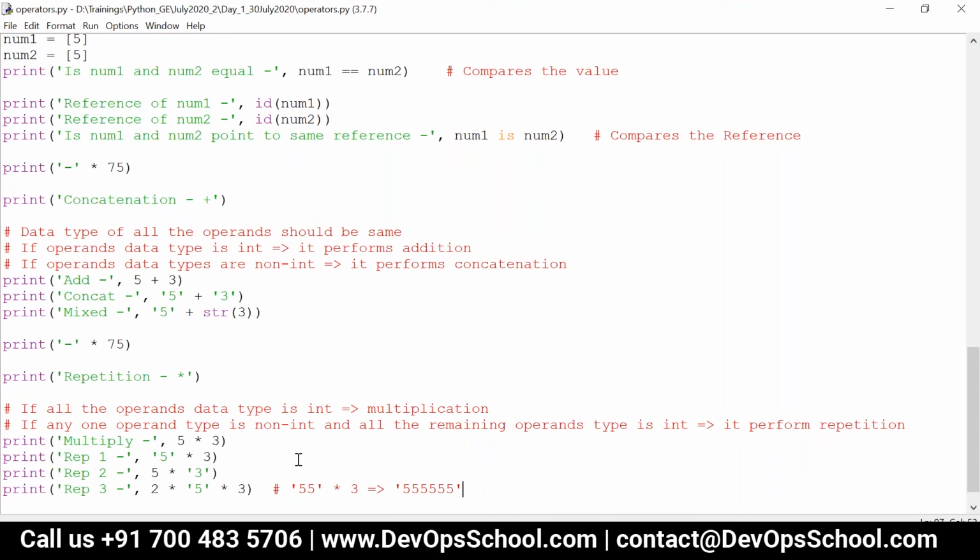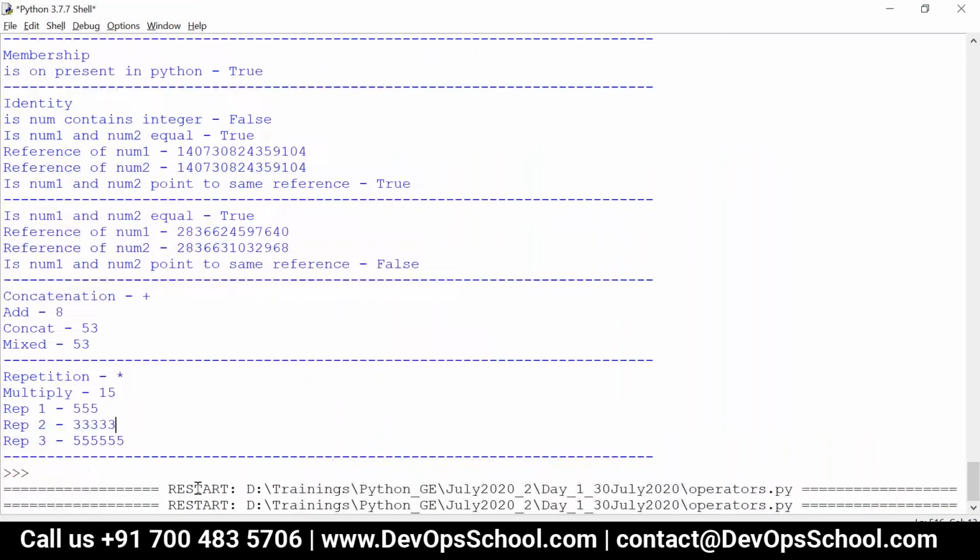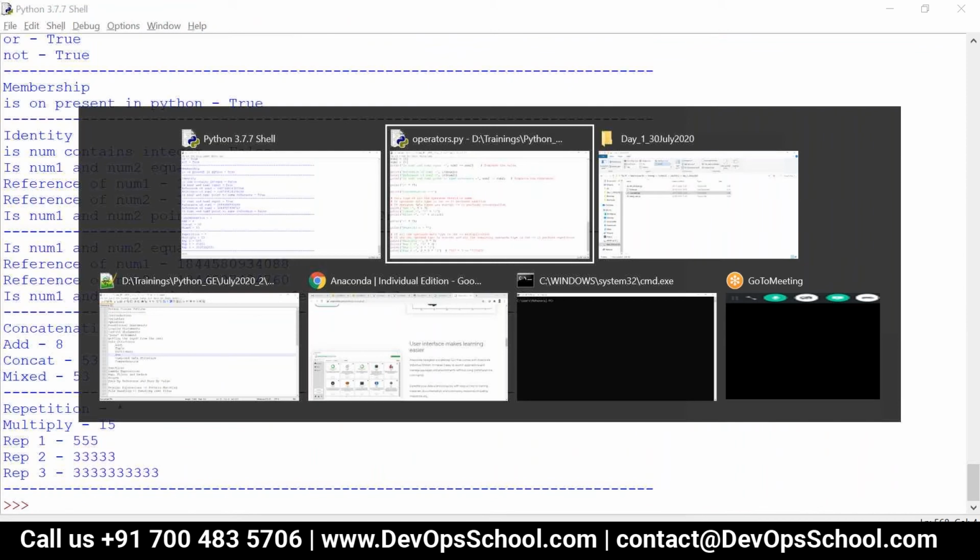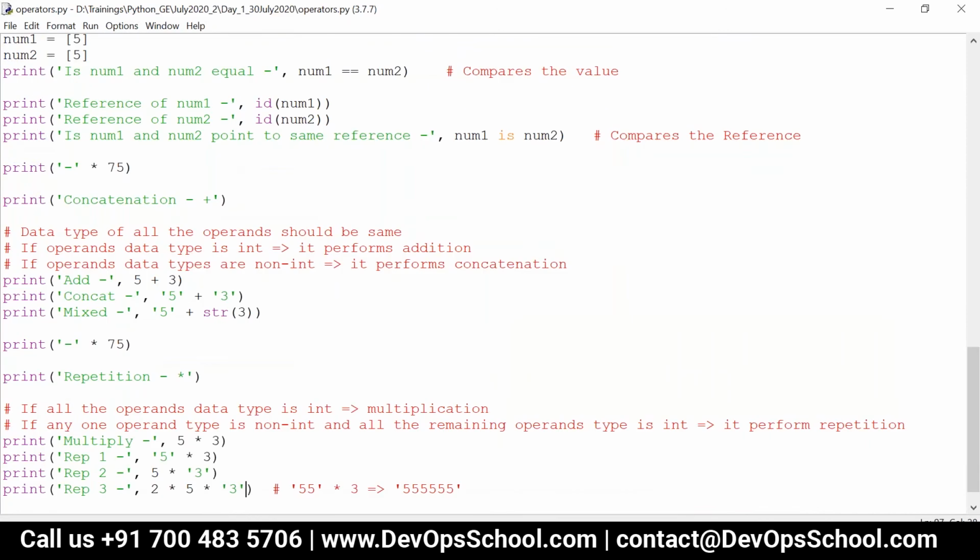For example, instead of 5, again an integer, then after that one string, then the same thing happens. If I remove this and put a string over here, you can see the same thing, 10 threes will be printed. So it goes from left to right.